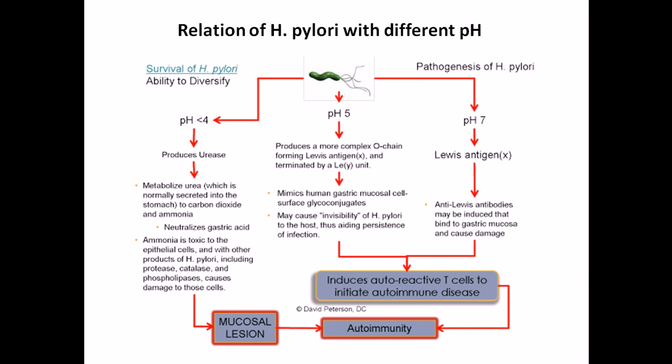Now if it is at a pH of more than 5, it generally does not produce urease, but if it is living at a pH less than 4, it produces urease, metabolizes urea, neutralizes the gastric acid present there, produces mucosal lesions, and finally may cause autoimmunity. So finally everything is kind of leading to autoimmunity in this case. Okay,